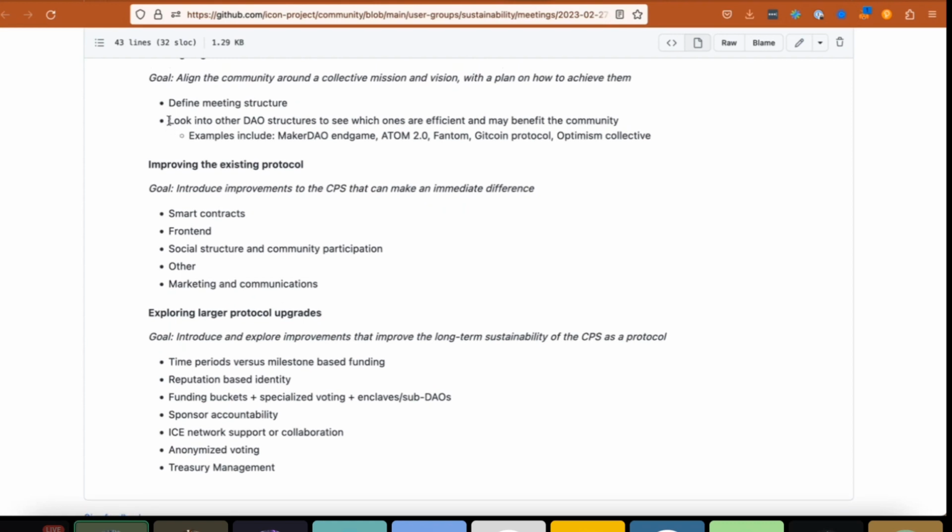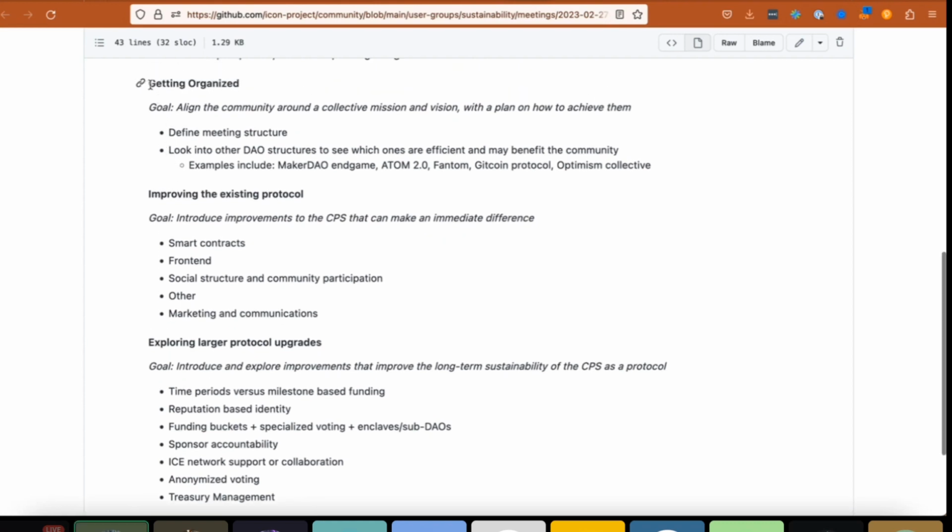The next part of getting organized as a community should deal with looking for more efficient structures for this open funding source. A lot of communities do DAO-based funding. This is loosely DAO-based funding as well.